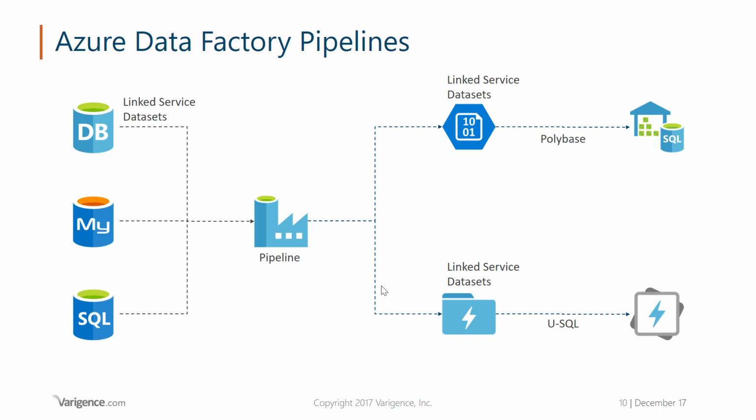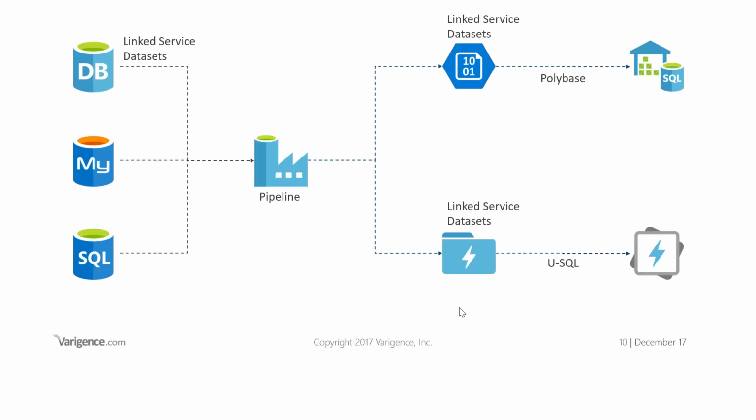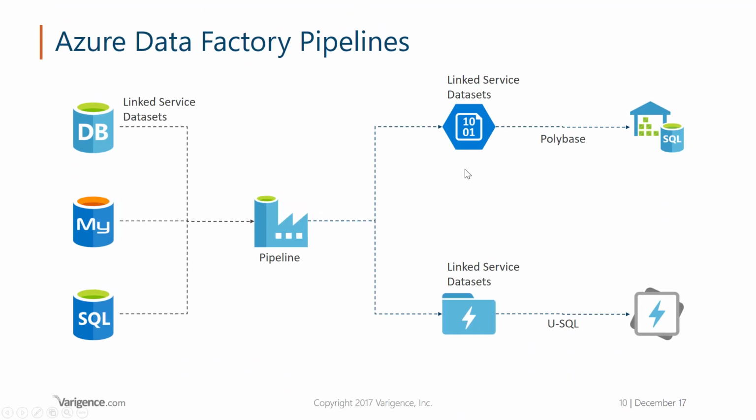And the reason I have simplified this, I have simplified this quite a bit, is that once we get into the JSON files, when I started working with this, I got lost quite a bit trying to figure out what file did what in what process here. But it's a similar process where you will have your data sources that you will create a connection to, which is called a link service. So think about a link service as a connection to a database or to a blob storage, or to